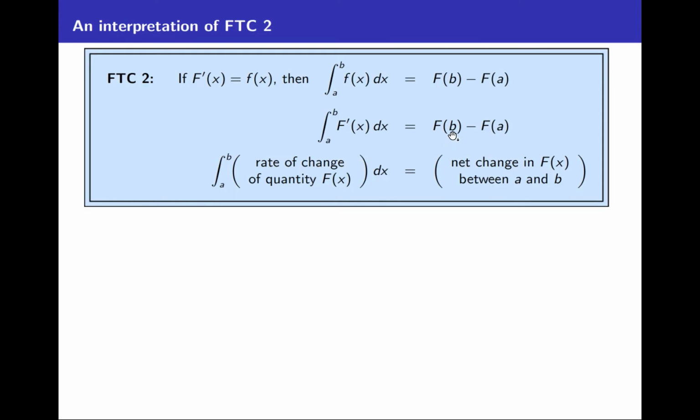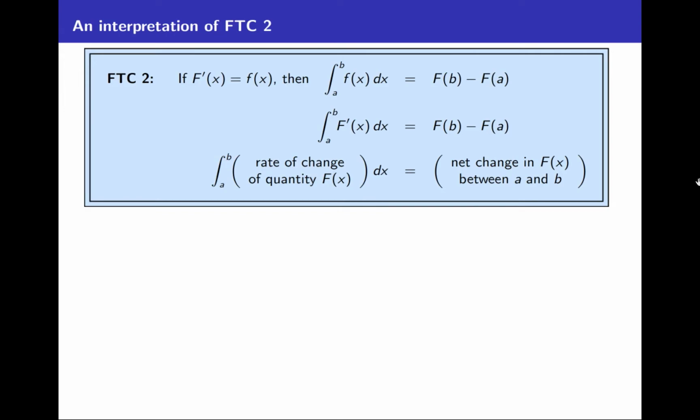What big F is at b minus what big F is at a. That's its net change between a and b. This is a really useful way of looking at the Fundamental Theorem of Calculus, Part 2, and leads to lots